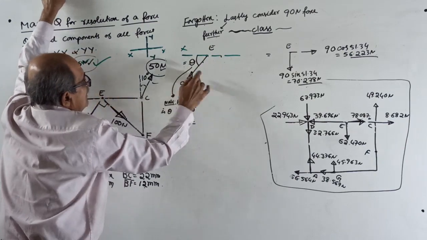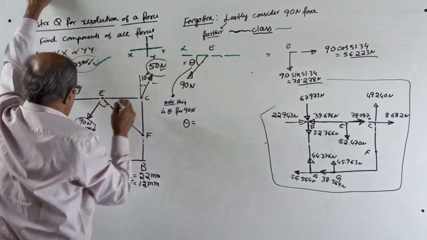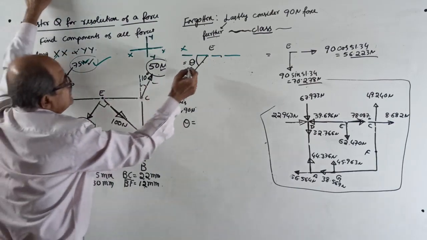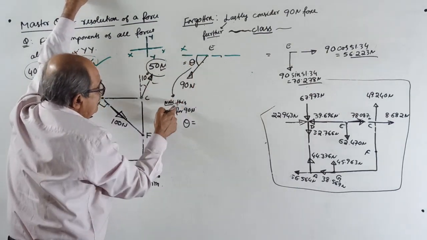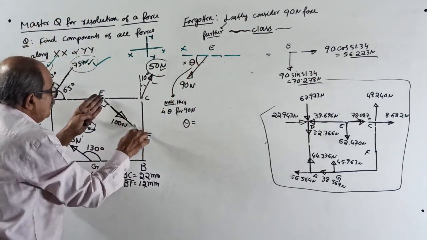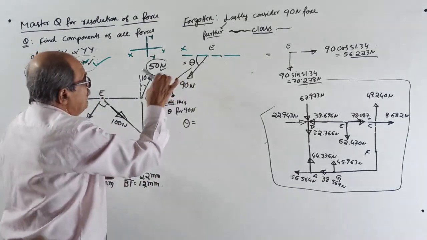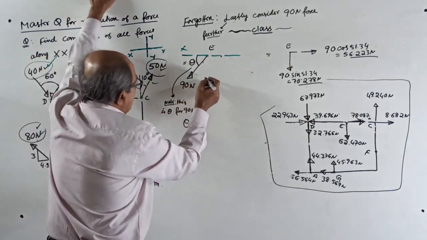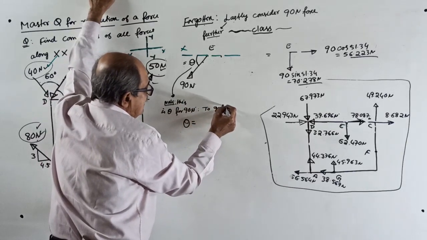Separate right here. First, 90 Newton. We want the angle with the nearest x-axis. This angle we want, theta. Note, this theta is theta for 90. Even for this we wrote theta, that is theta for 100. This is our theta for 90. Now, to get this theta,